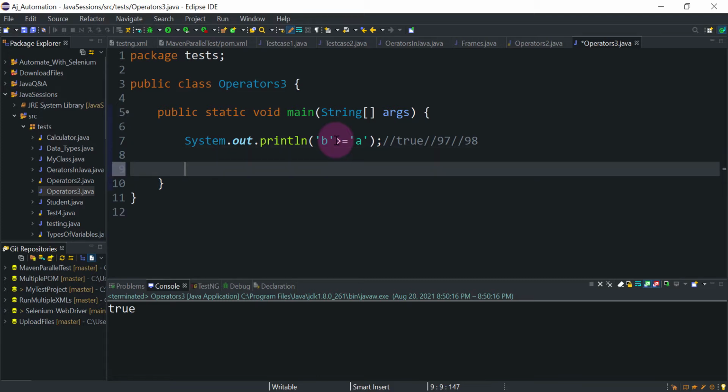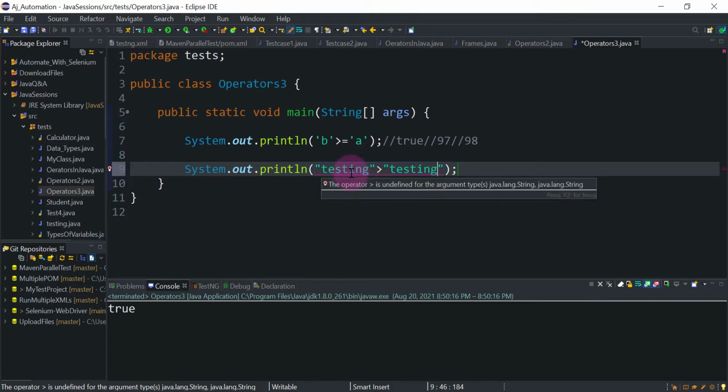Then let's try to compare something else. Let's say I am comparing one text, "testing", with "testing". So I have two string values and I am trying to compare them. You can see here we are getting the error: operator greater than is undefined for the argument types java.lang.String, java.lang.String.